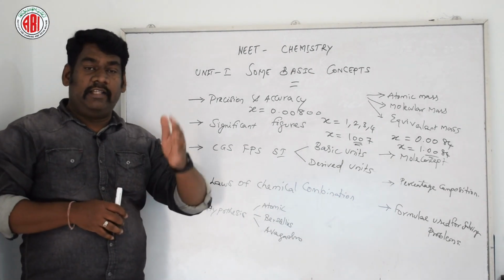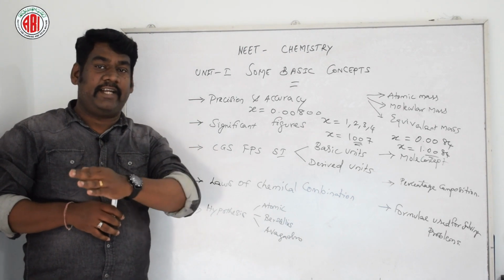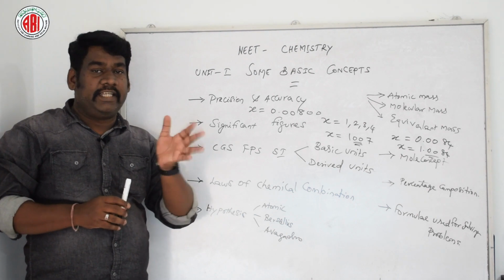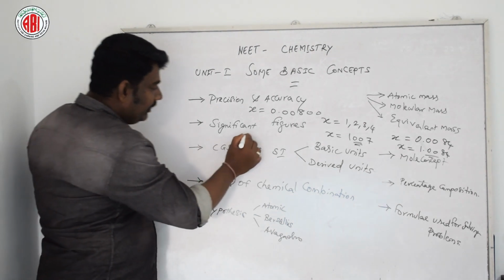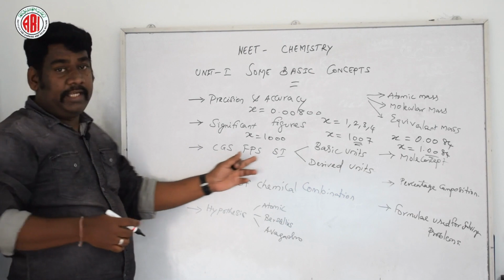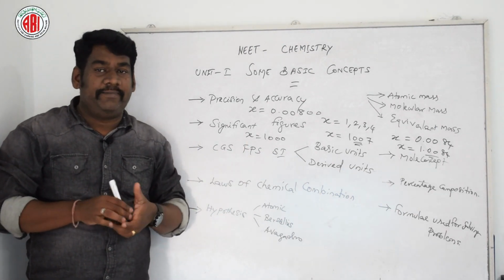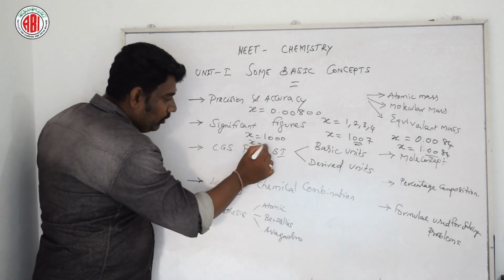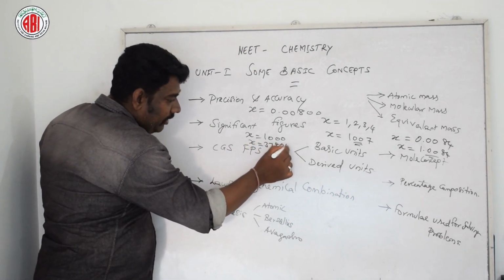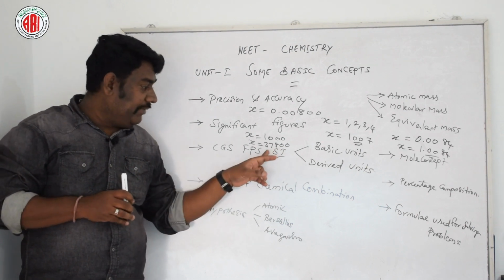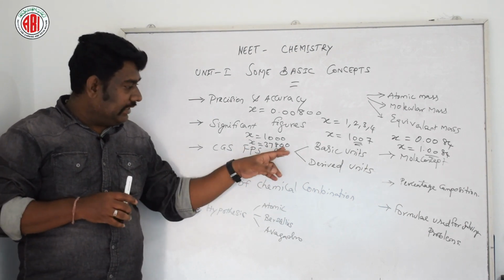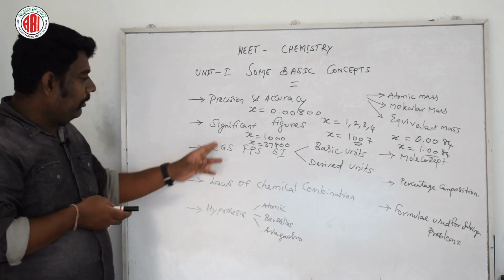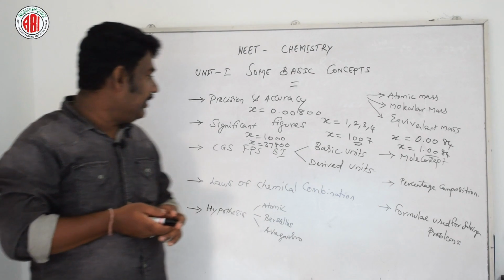Then next, all the zeros which are on the right side of the non-zero digit are not considered to be significant figures. Say for example, x is equal to 1000. Here it is said to be only one significant figure. Whereas if you take one more example, x is equal to 37800, there are 3 significant figures, 378. So wherever the zeros are placed here, they are not considered to be significant figures. So this is about the rules we are following for significant figures.